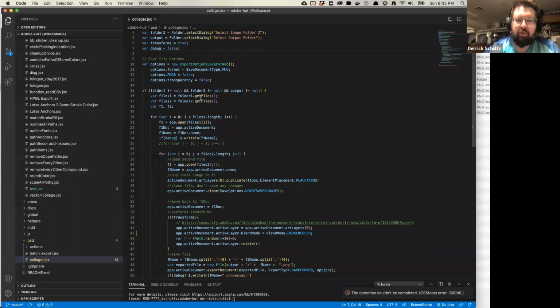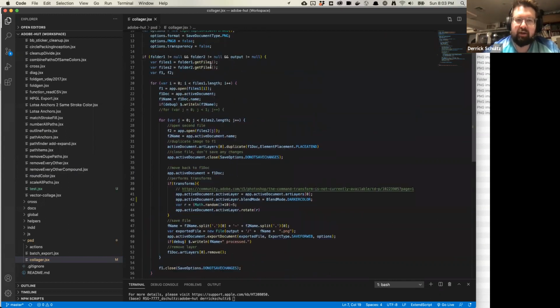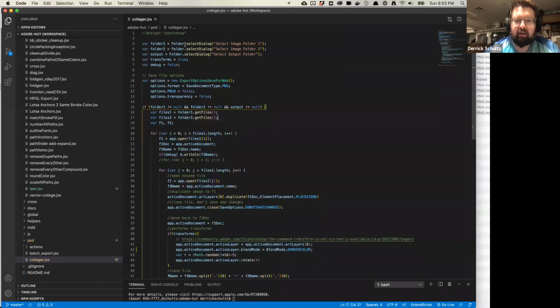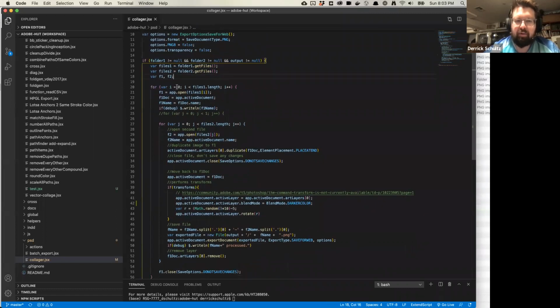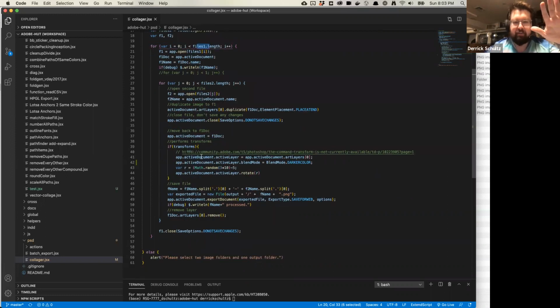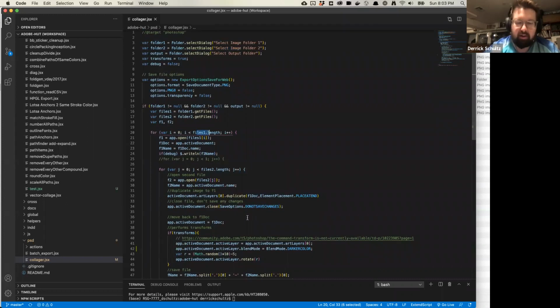We're then going to run through that first folder, and we're going to say, okay, for the image in here, let's open it, and let's go through all the plant images and add each one of them individually and save it out. If you read this code, we can actually read it. Basically, we're just going to ask you for folders. Once we have those folders, we're going to get all the files inside that folder. Then we are going to loop through the files in the first folder, so we're going to work through our vases. We're going to open one vase, then open up all of the individual plants and place them one by one in that file. Then we're going to close everything out, open up that second vase, and place all of the images in there.